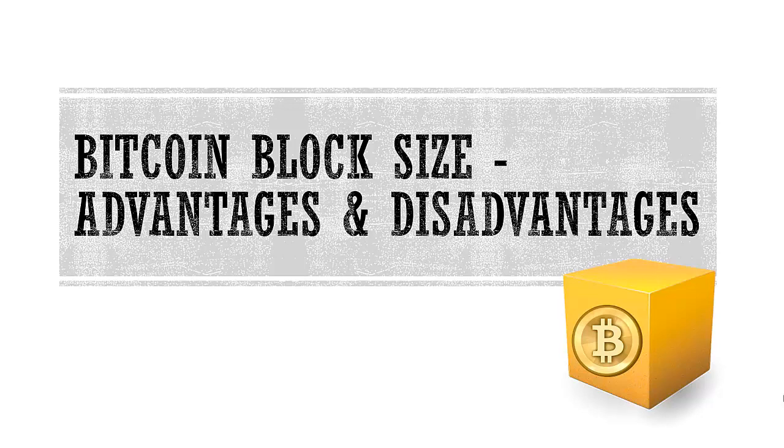cryptocurrency. But unfortunately I was not around, I was traveling, so I was not able to make any videos on these topics, but I was still following everything that was happening in the cryptocurrency space, thanks to the mobile internet. So I wanted to discuss a few things that were the main things that led to all this drama in the cryptocurrency space. So inside this video I will be speaking specifically about Bitcoin block size, what are the advantages and disadvantages of it, and this was one of the main reasons why the fork happened between Bitcoin and Bitcoin